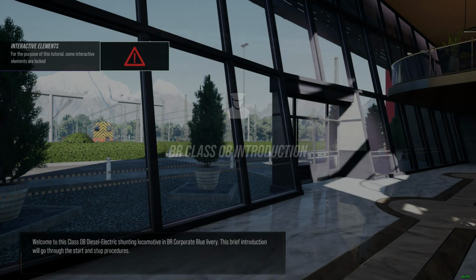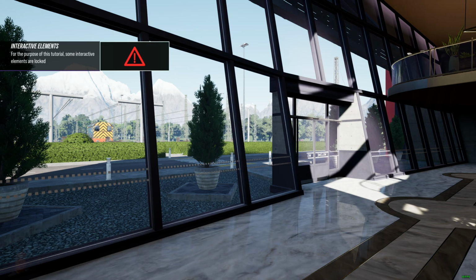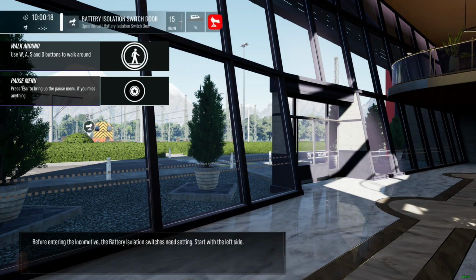Welcome to this Class 08 diesel electric shunting locomotive in BR Corporate Blue livery. This brief introduction will go through the start and stop procedures. Before entering the locomotive,